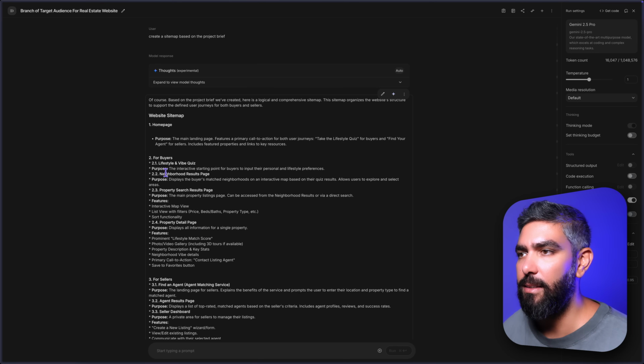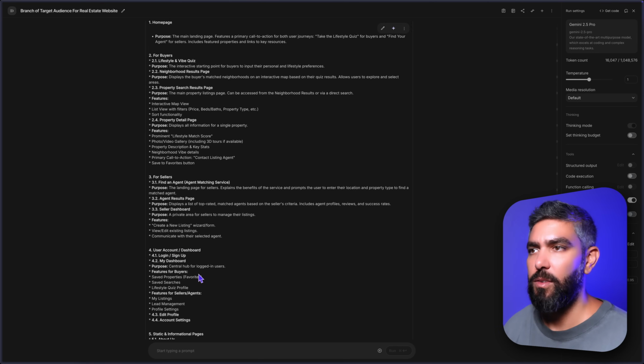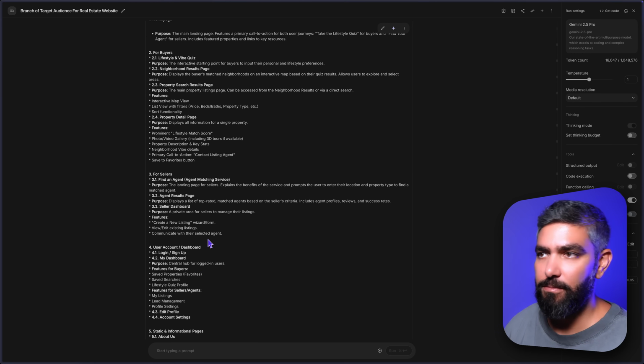Let's move forward. Now back in the sitemap, we added all of these. We added the property detail page. We can do the same for sellers. You can see how long it's taking to build this website with AI, but it's much, much faster than doing it manually, of course. Now, let's jump straight into adding a database and launching the website. Of course, it needs a lot more work, but for the purpose of this video, it's all going to be